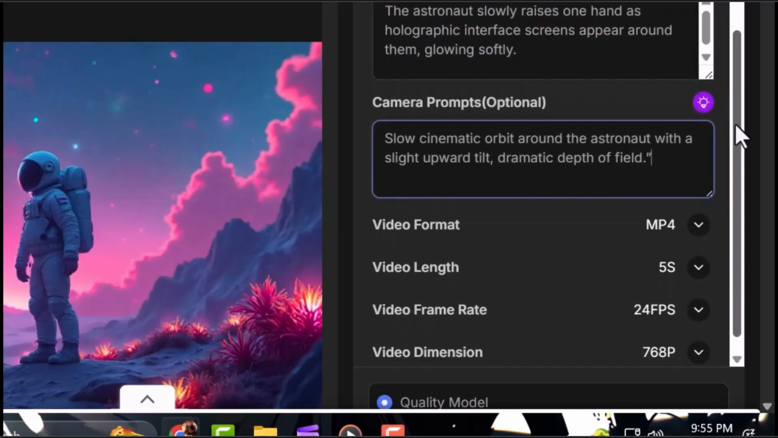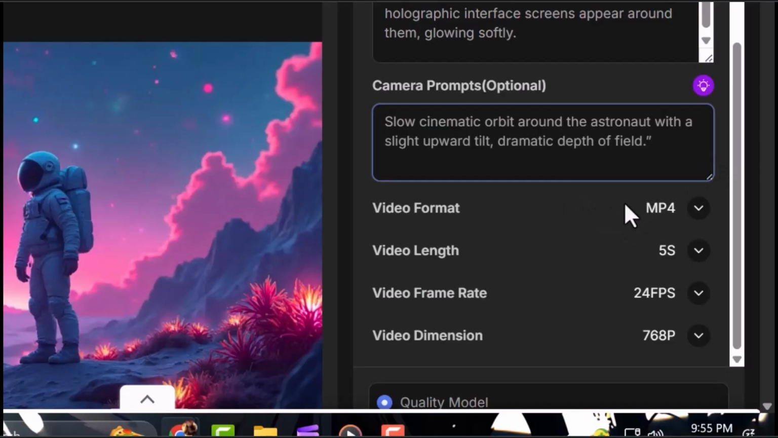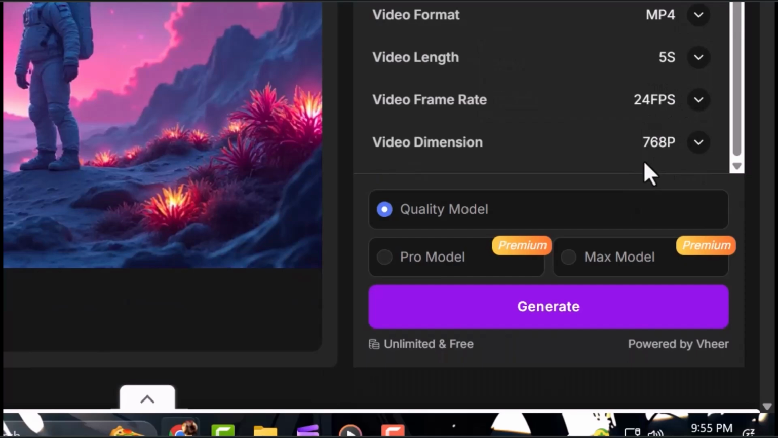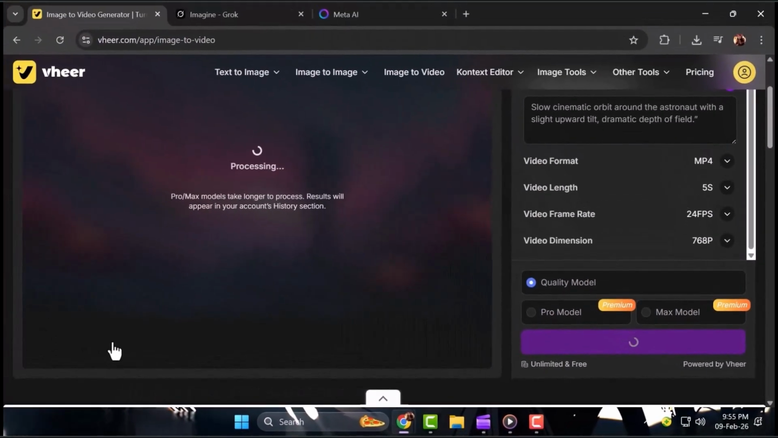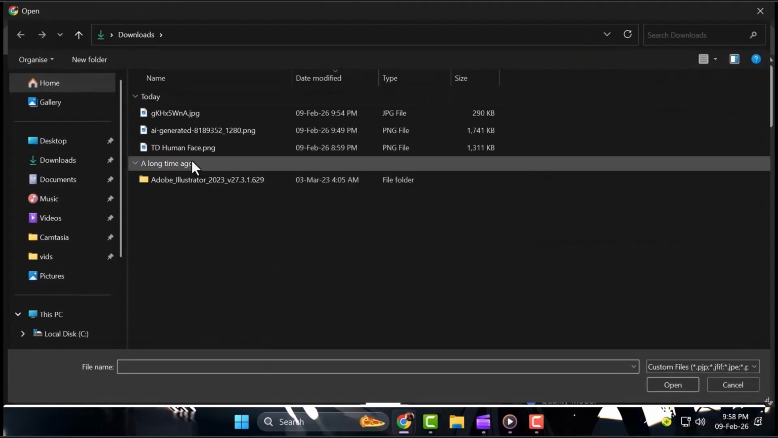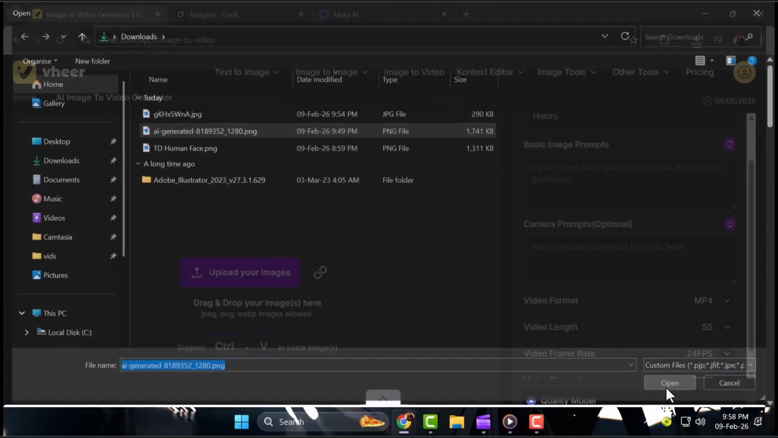Dramatic depth of field." After entering both prompts, keep the remaining settings on their default free options and click Generate to create the animated clip. Step 3. To test how Veer handles human animation, upload a portrait-style image of a person into the same image-to-video